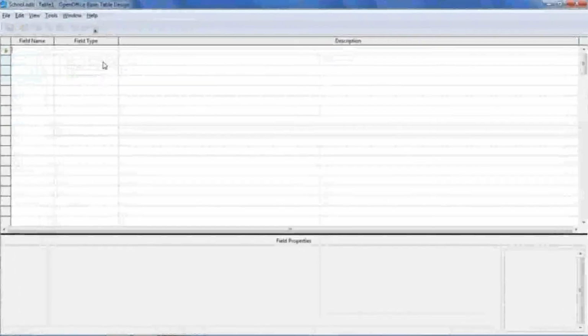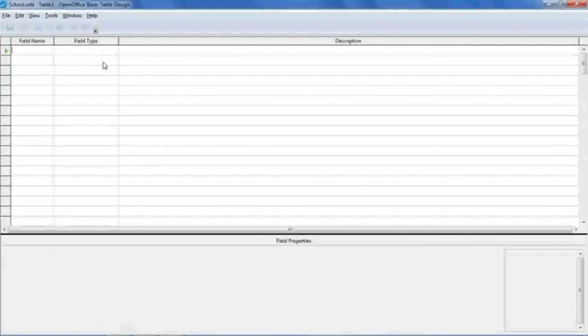Now when you are starting, understand first column name and data type. First, this is the column name. Whatever column name you want to use in the database should go here. Then field type, where you can select the data type, meaning which type of data you are going to insert in that column. And the last column is the description. If you want to write some related information about your column or field name, you can type it over here.